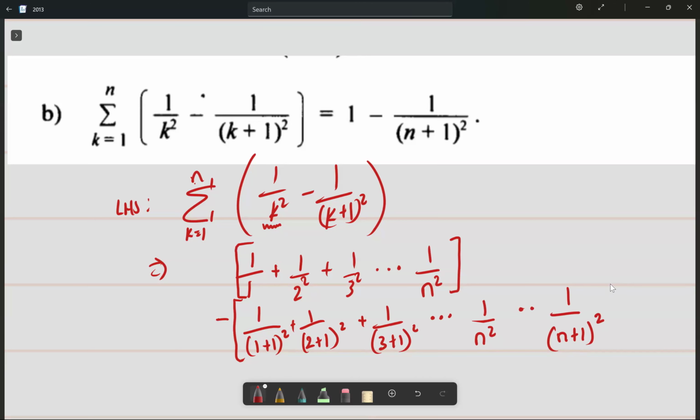Cool. In this section, now we need to realize that this is going to become 1 over 2